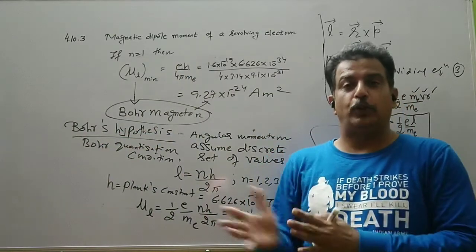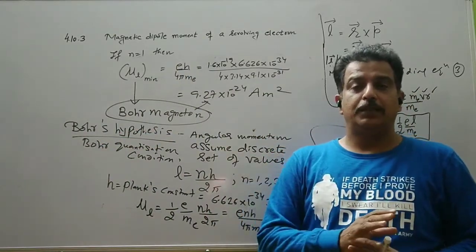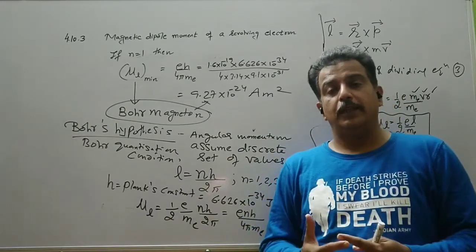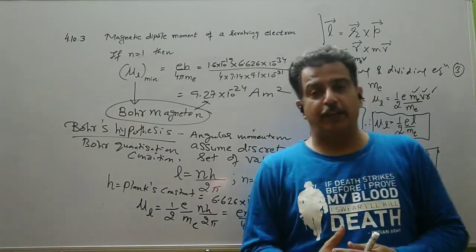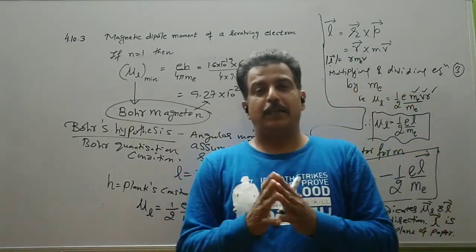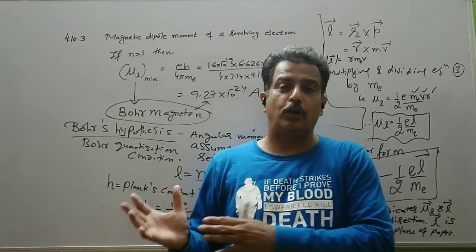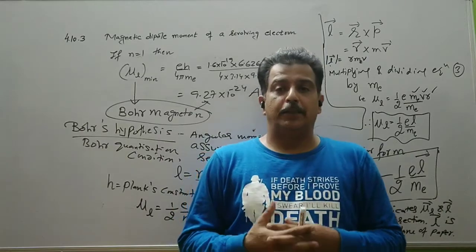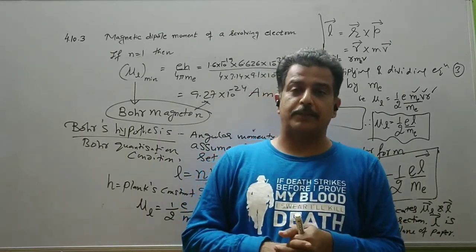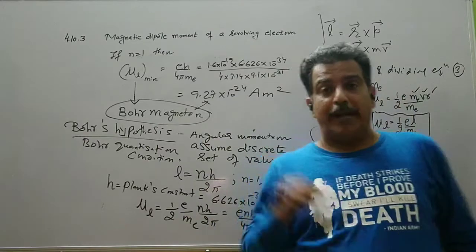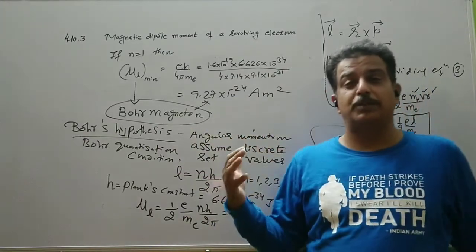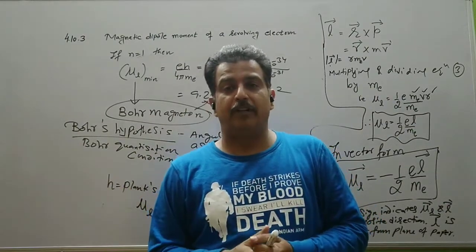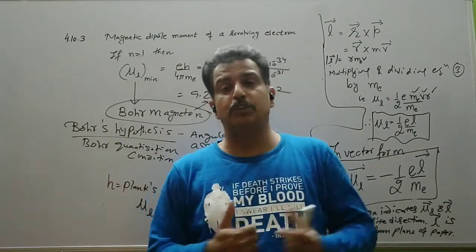And according to Ampere, all the atoms possess a magnetic moment, and depending upon these magnetic moment values, the materials can be classified into dia, para or ferro. So this is an important concept to understand the magnetic behavior of any substance. When we deal with the magnetic behavior of a substance, we know some substances behave well in the presence of a magnetic field, and some will not. It will oppose the magnetic field.